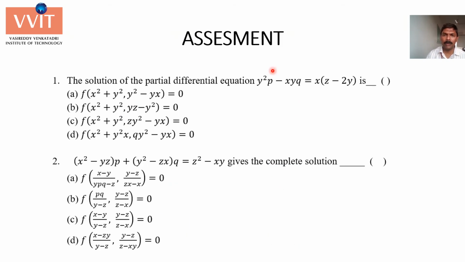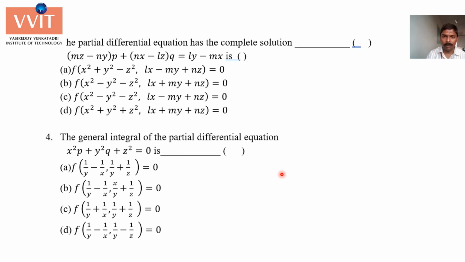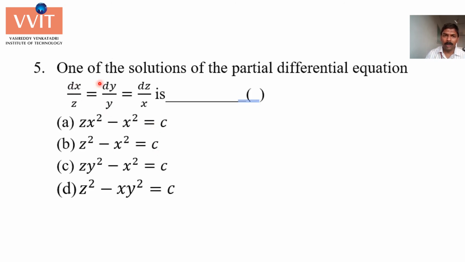Now this is the assessment for you. In the first problem, you have to find the solution of the partial differential equation. Clearly it is in standard form, so see which method is suitable. The second problem is also of the same kind. For the third, you have to decide the method. In all these problems, you have to decide the method, whether it is the grouping method or the multipliers method, or in some problems, one part we do with grouping and another part with multipliers. In this one, only one part of the solution you have to find. So this is the assessment for you.